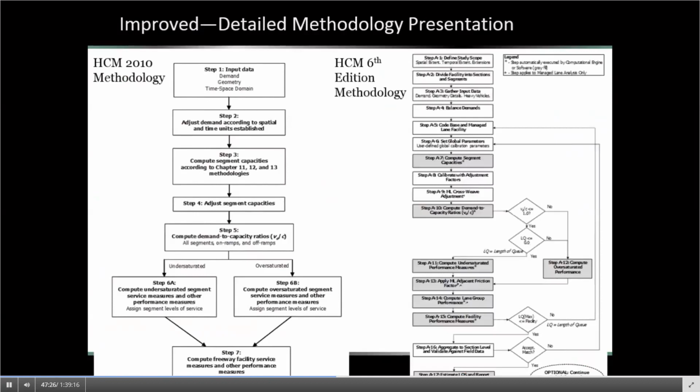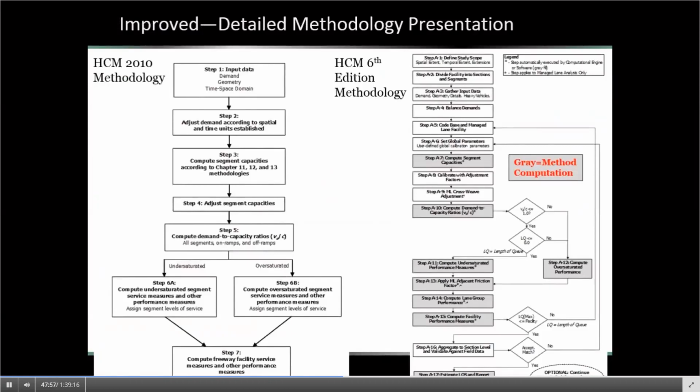In the new HCM, we do have a more complex flow chart, but it basically replicates what we had in HCM 2010, in more detail to make it more transparent. One of the changes in this graph is that it characterizes steps that need to be done by the user, or that can be done by software tools.